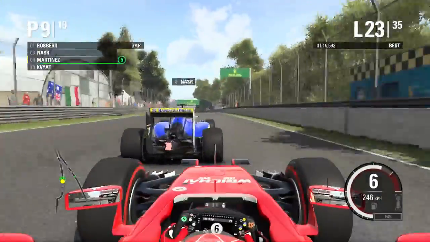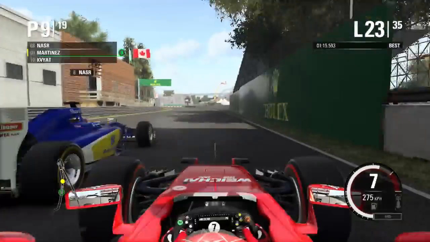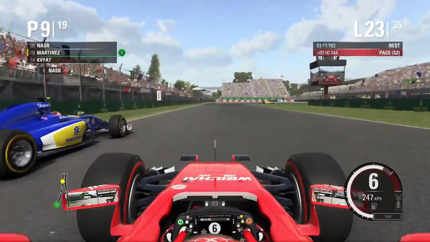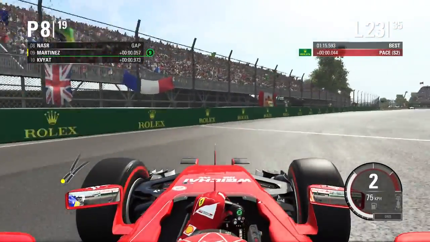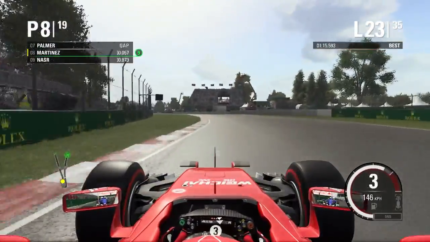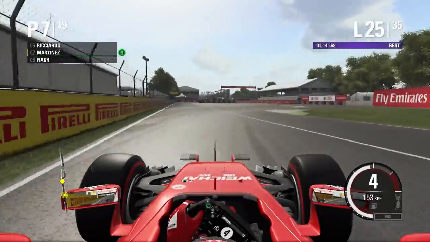And literally a couple of corners later, we're on the back of Felipe Nasr also, and we're going to try and pick him off for a move up the inside this time of the hairpin, unlike last time which was on the outside. Running a little bit deep there to force Nasr a little bit wide, and then cut him off on the exit to make sure he doesn't make the move, and that is us up into P8,